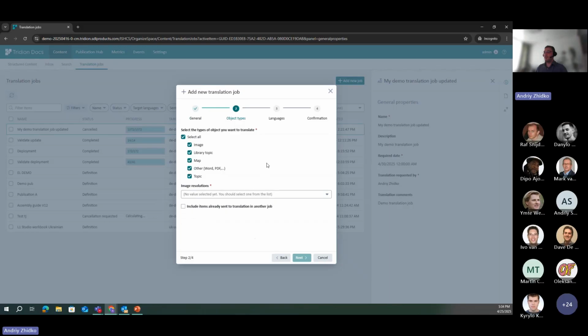As I mentioned, there is a new possibility to specify object types that can limit the source items that can be added to the translation job. As I also mentioned, if image is selected, you need to specify a resolution. If I don't select the image, you can see that resolution selection is not required. So let's select the library topic,